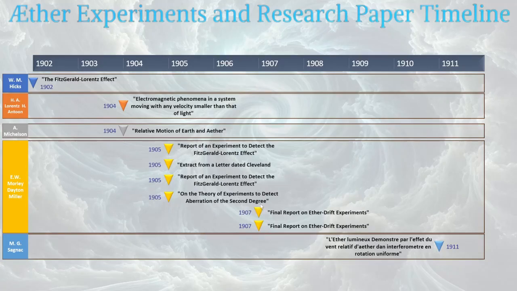And then there's a couple on the theory of experiments that detect aberration of the second degree. Again, Dayton Miller obviously continued his experiments after Michelson-Morley. So maybe he was studying nothing, is what you're saying? There was Sagnac, who put it out in 1911, the luminiferous ether demonstrated by the effect of the relative wind of ether in an interferometer in uniform rotation. Well, that seems like a very specific topic that shouldn't need to be studied because the ether has already been